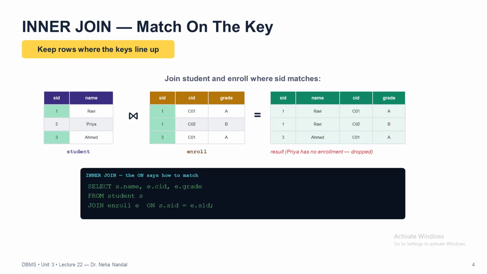There are different types of joins available. The first join is inner join. It is the most common join available. Inner join is exactly the product we just saw, but filtered. Now here again, we'll say the same thing. It will take the condition.